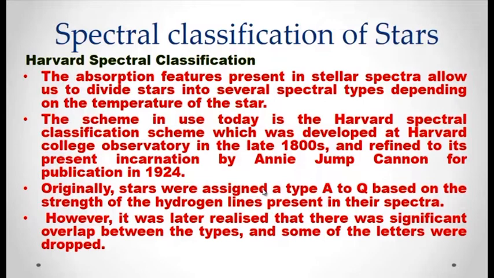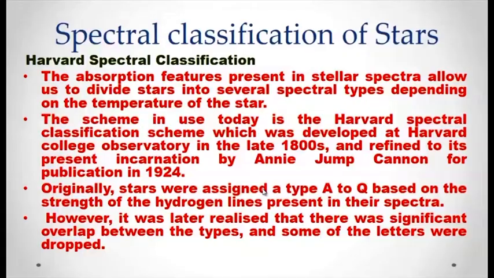Coming to the spectral classification of stars. This spectral classification is made based on the absorption of light by atoms and molecules, as the light comes from the star. This is the very basic thing about spectroscopy. In spectroscopy, elements present in the universe are found using the absorption lines or emission lines of that particular molecule, atom, matter, whatever it is. So that's the basic thing about spectroscopy.